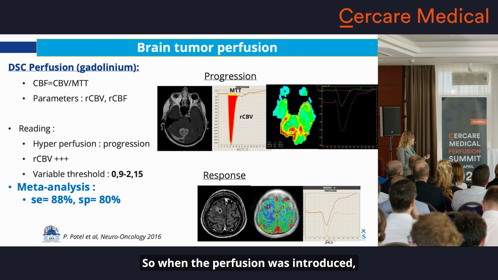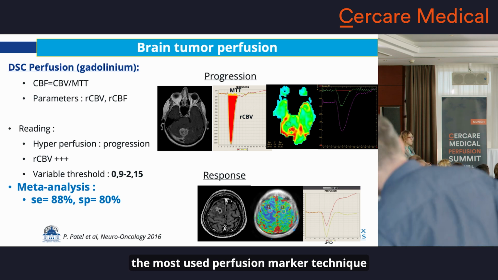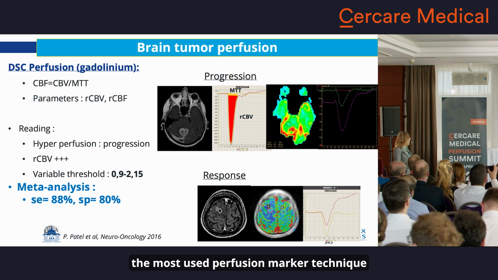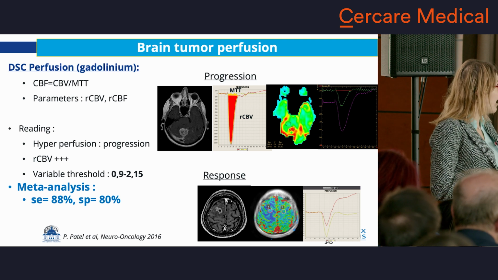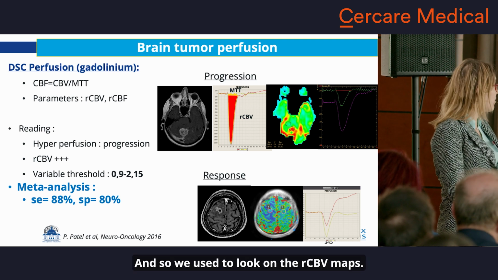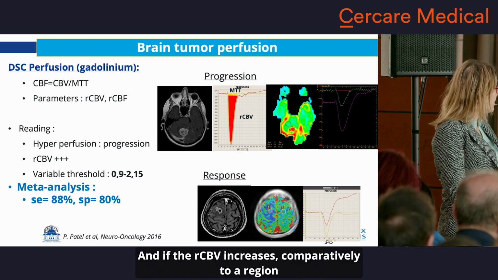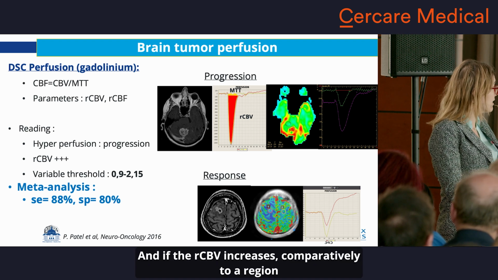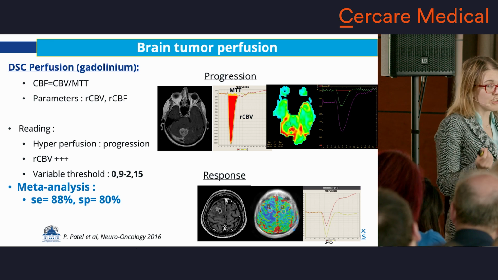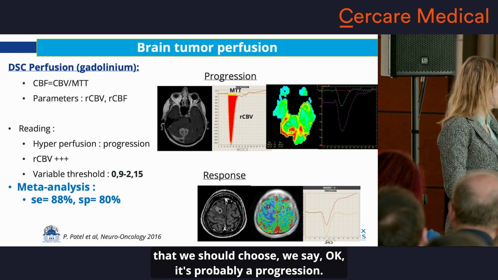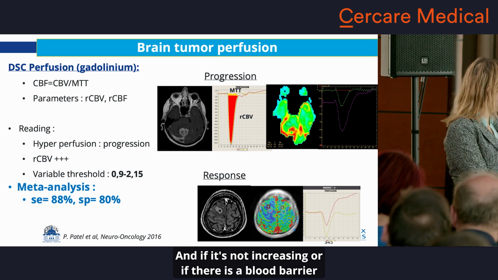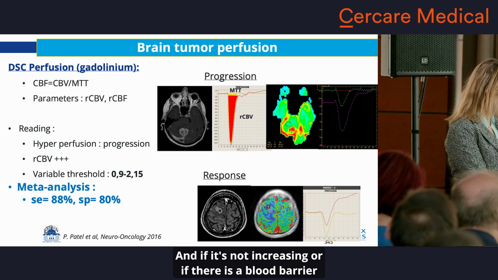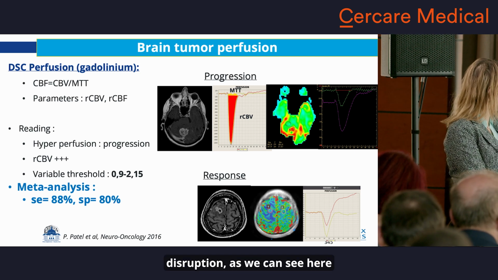So when the perfusion was introduced, the used perfusion technique is the DSC perfusion with contrast injection, and so we are used to look at the rCBV maps. And if the rCBV increases comparatively to a region that we should choose, we say, okay, it's probably a progression. And if it's not increasing, or if there is a blood-brain barrier disruption, as we can see here,